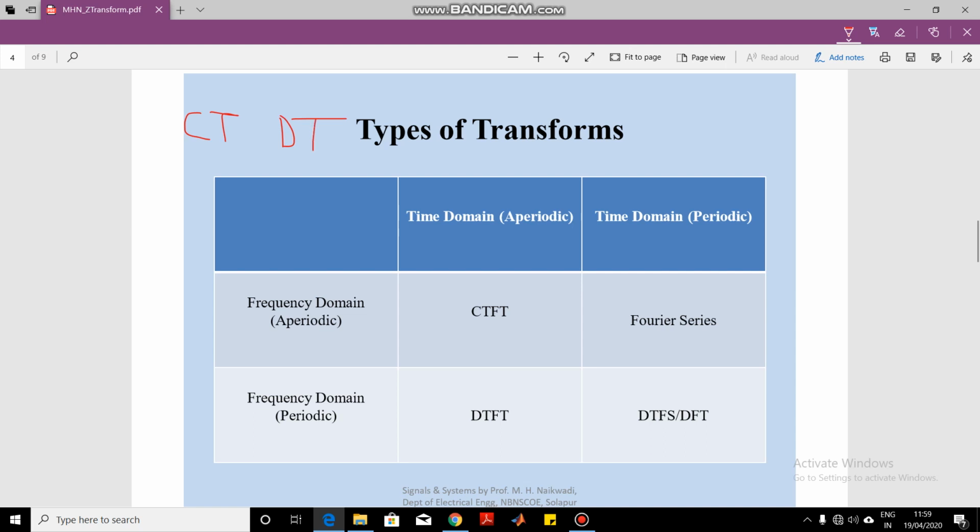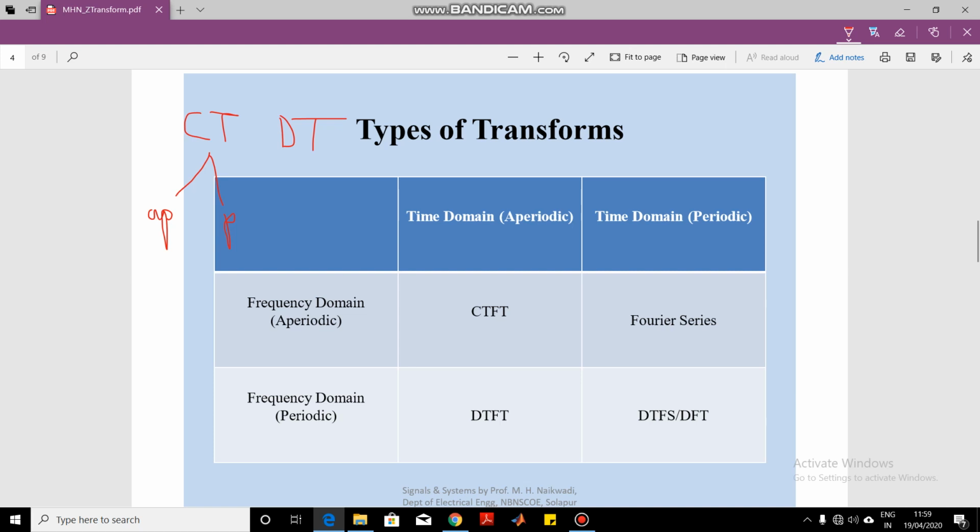Okay. Now these CT signals we can divide into CT aperiodic signals and CT periodic signals. Periodic CT signals, which we have already seen in the first unit, are signals which repeat themselves. If you draw a sinusoidal signal which extends up to infinity, you can see that the sinusoidal signal is repeating itself after a fixed amount of time. So this is a periodic signal.